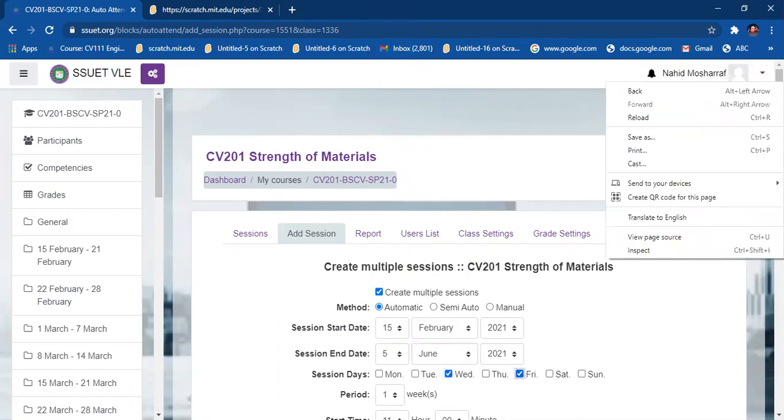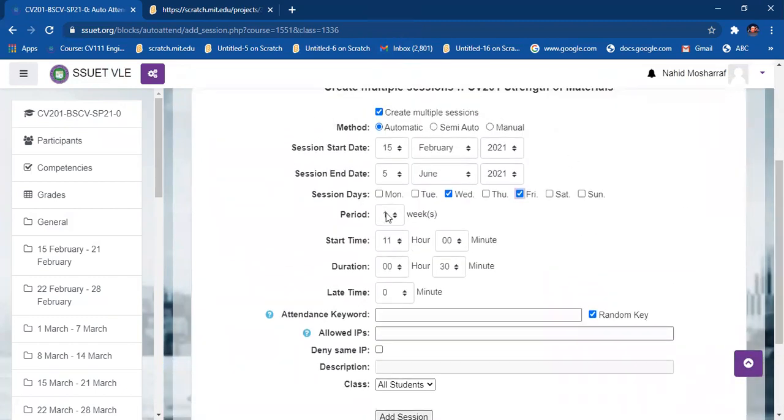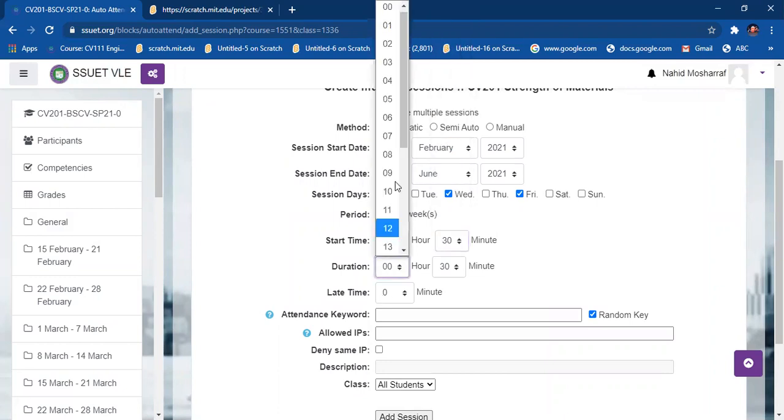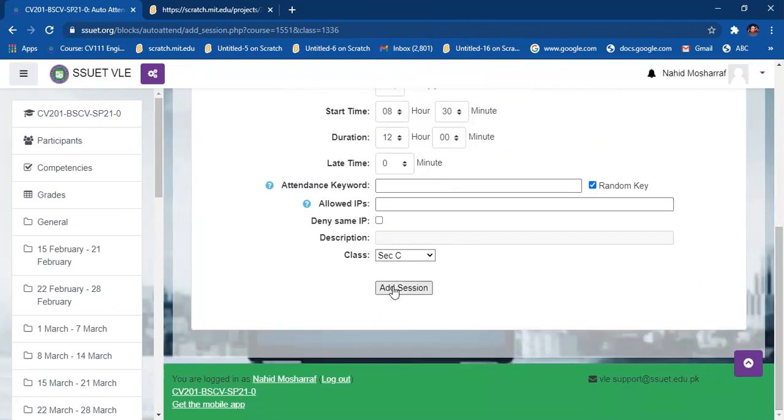So it will start from morning. So I am giving it from 8:30 up till 12 hours. I'm giving plenty of time for my students to visit VLE and see lectures, not for all students, only for section C. So add sessions.